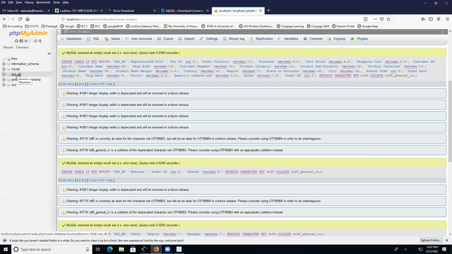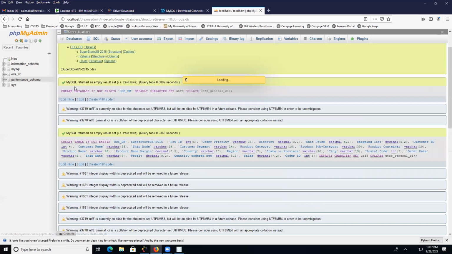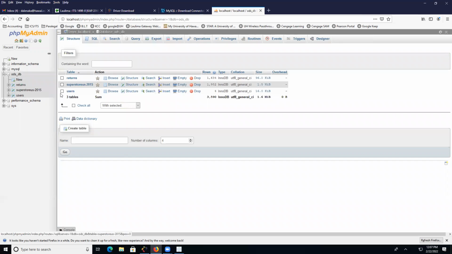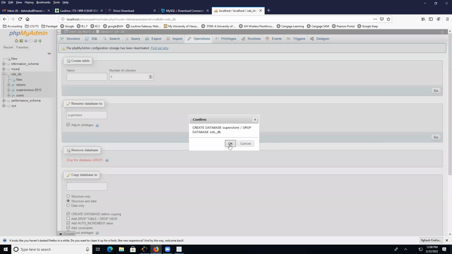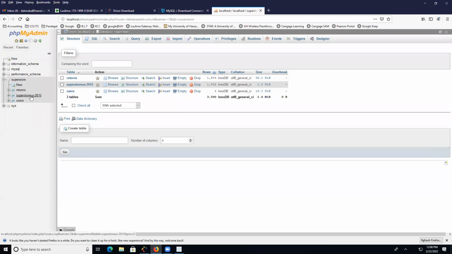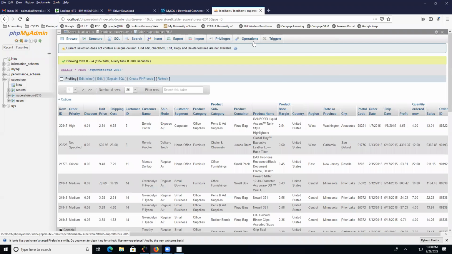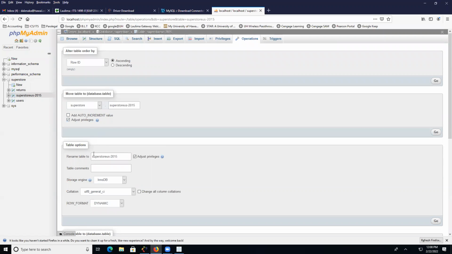And by the way, this is kind of not a good thing over here, but I named the table as well as the database. So I'm going to fix this. I'm going to click on this, ODS. Click on operations, rename database to Superstore, and I'm going to go. And then I'm going to fix my table name over here. I'm going to click here, and then operations, and rename my table to